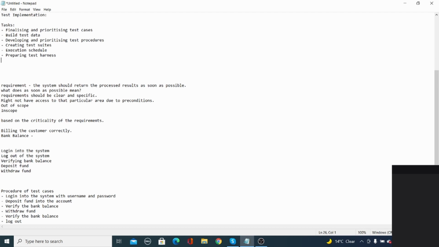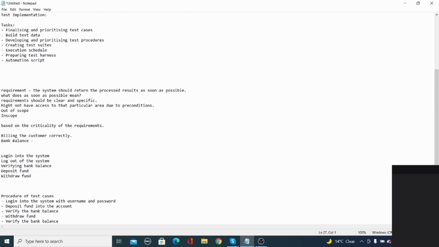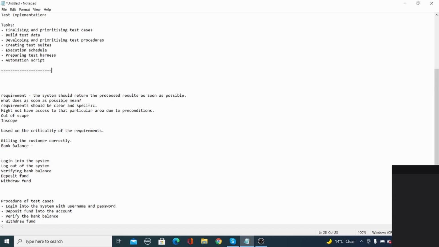Writing automated test scripts. So now what happens? You have the test harness automation environment set up and everything is done, tools and everything set up. Then what you do? You write the test cases. That is called an automation script, because you are scripting. You are using a programming language and that's why you call them test scripts. But if you want to understand, then they are test cases. Okay, let's go to the next one.